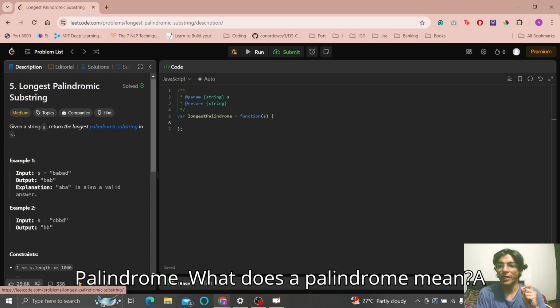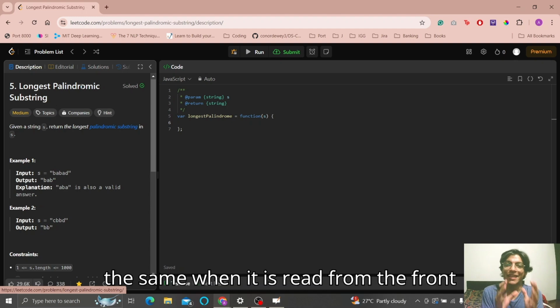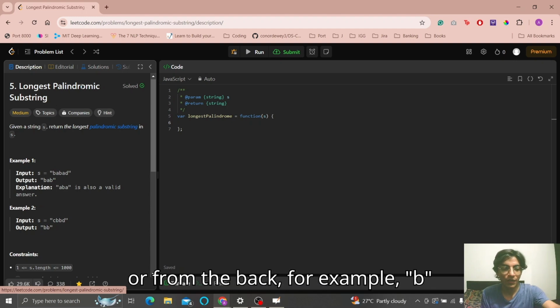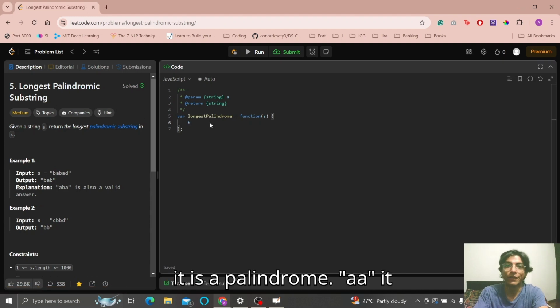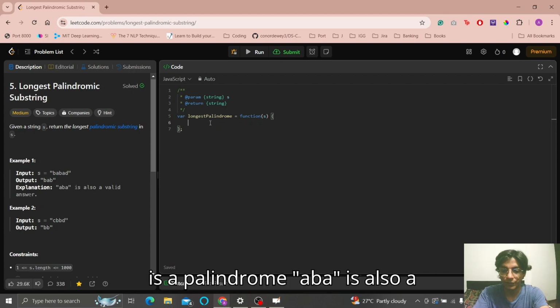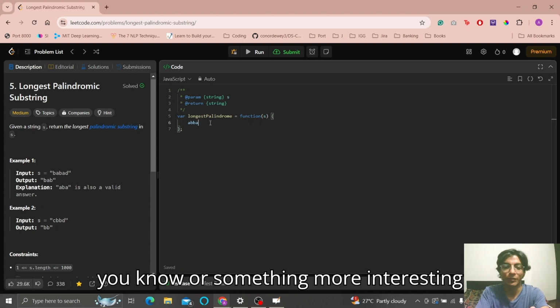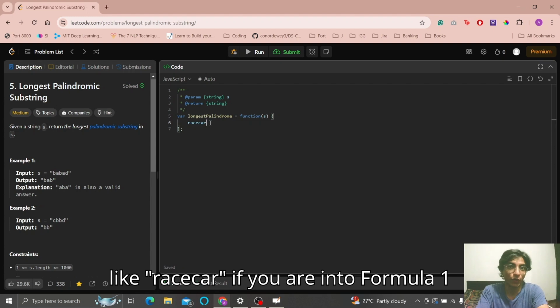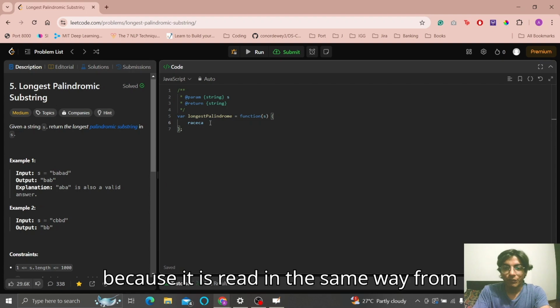What does a palindrome mean? A palindrome is a string that is the same when it is read from the front or from the back. For example, B, it is a palindrome. AA, it is a palindrome. ABA is also a palindrome. ABB is also a palindrome. Or something more interesting like racecar, if you're into Formula One, that is also a palindrome because it